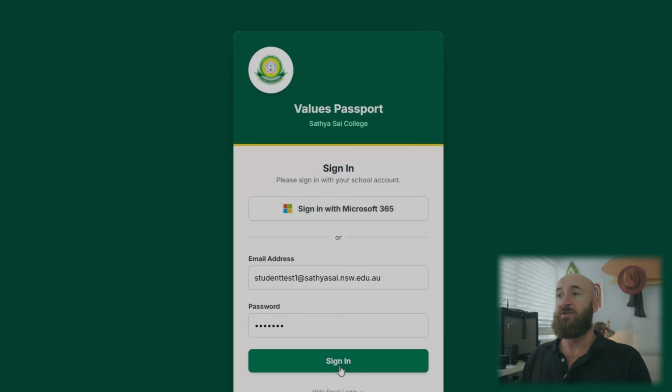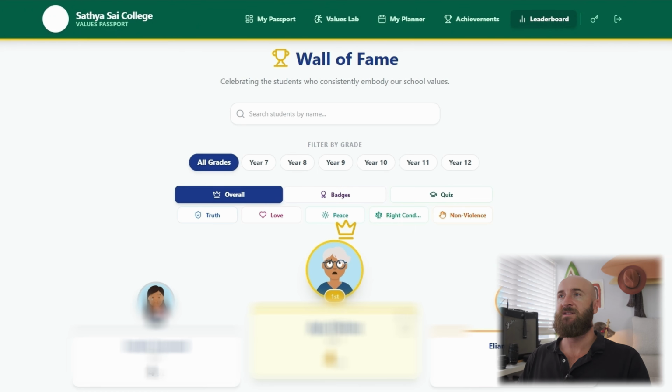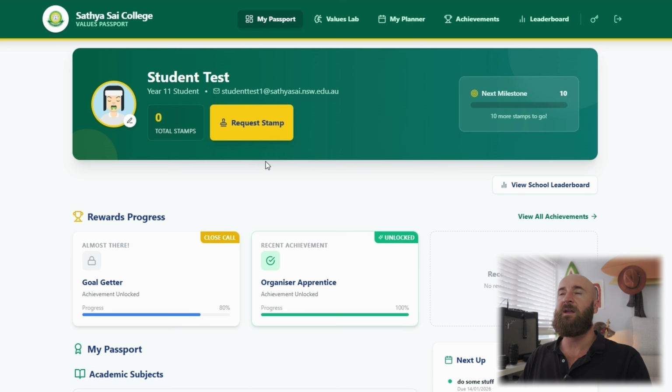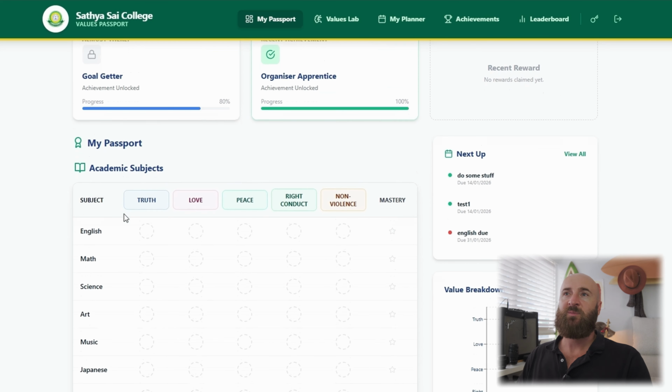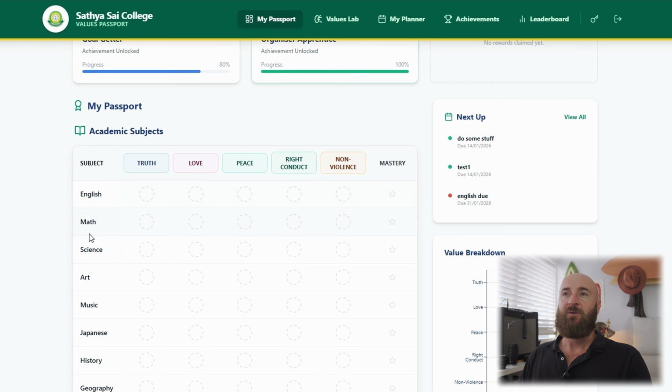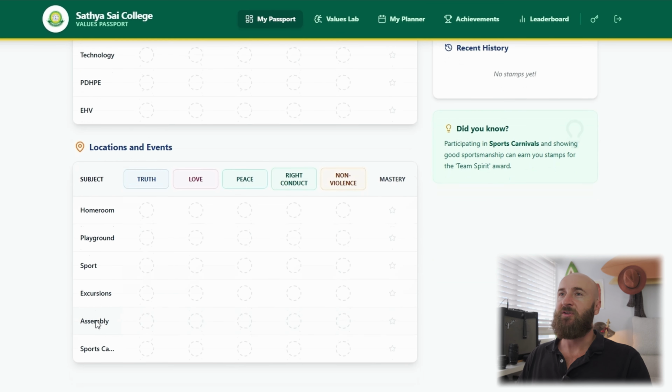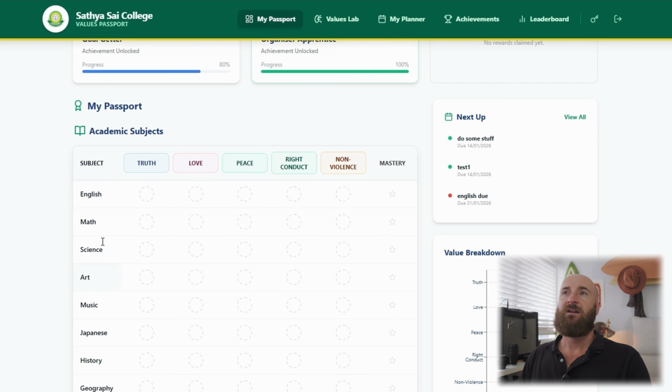I put together the digital version of the values passport for our school, South Eastside College, and I just want to run you through it. I'll go through from the student view first, just so you can see what I mean. This is just a test student here, but you've got your little banner. This would be someone's name, then their avatar, and this would be their passport. They've got all their subjects down here, also some locations and events here, and you've got the